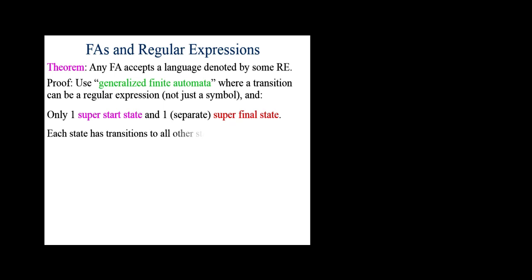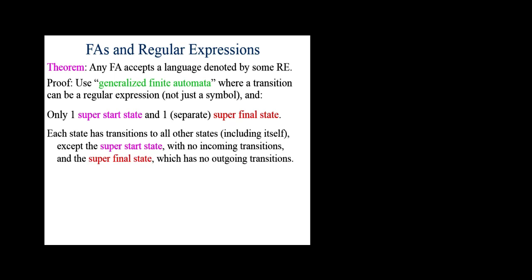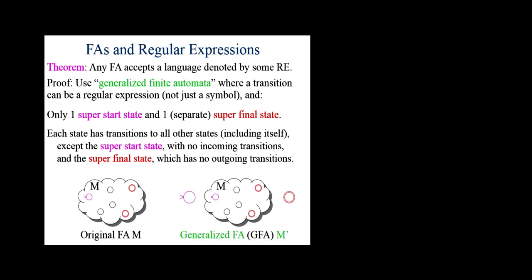So here's the idea. We won't have time to completely finish this, but I'll show you how it works, and next time we'll finish it off. So we'll start with the original finite automata and convert it to a generalized finite automata where transitions can have not just characters on them, but can have entire regular expressions on them. This is called a generalized finite automata, where the transitions can have not just single characters like we did before, but actual regular expressions on each transition arc. And if the characters in the input are part of the language denoted by the regular expression written on the arc, the transition can then take place.